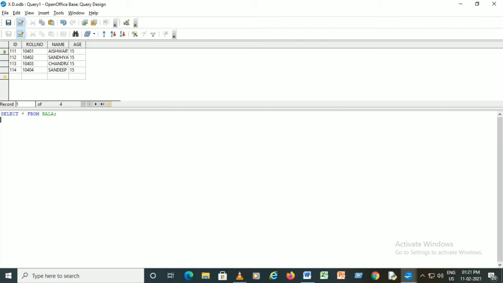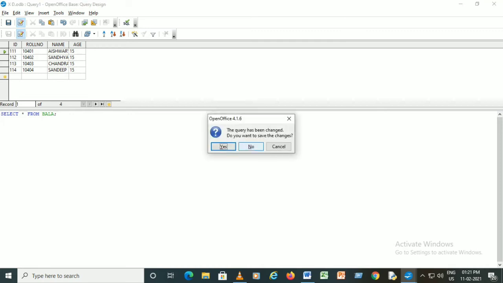What is it showing? It is displaying the data. How many records have you included? 2, no, totally 4 it is showing. Like this you can create the table in design view. If you want to type a query command, you have to go to the query option and then select SQL and then type the select command.